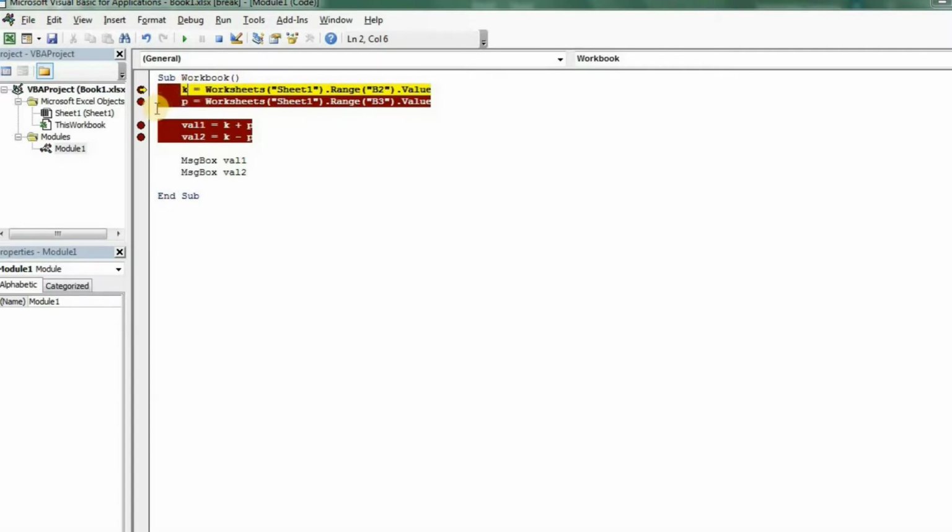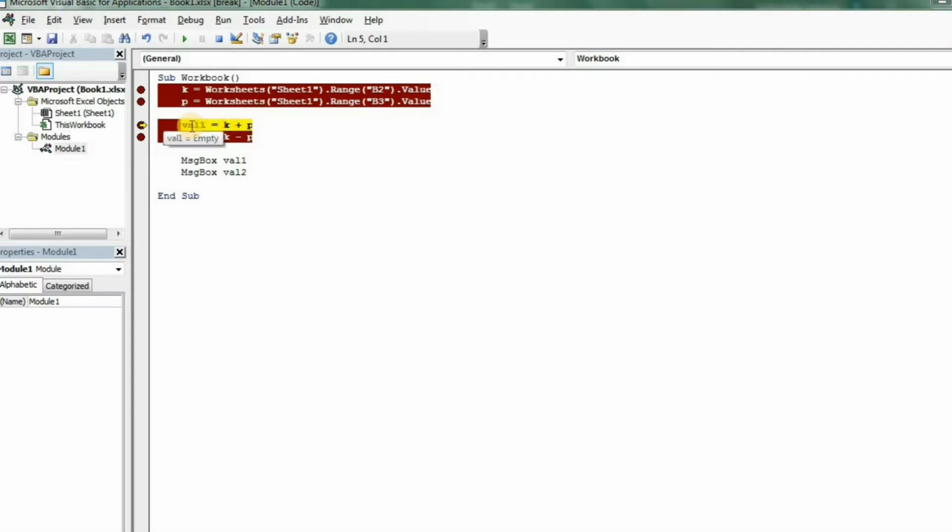Initially K is empty, so again I press F8. Now if I hover over K, it shows 999, which is the value of B2. P is still empty. Again I press F8, and the value changes to 899. So K is 999 and P is 899, and the K and P values are fine.